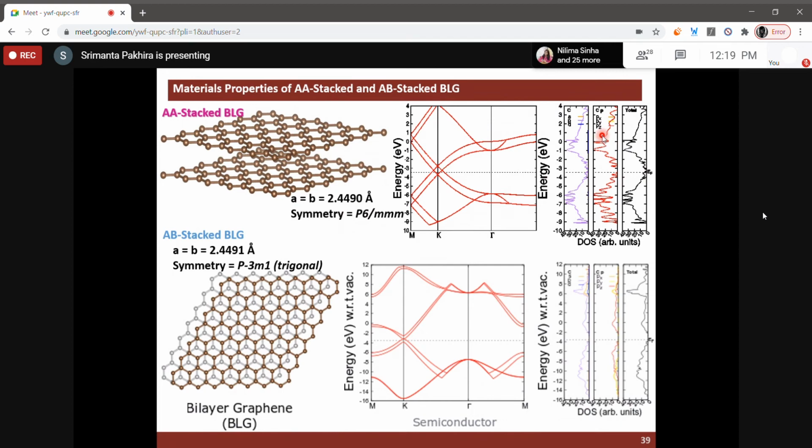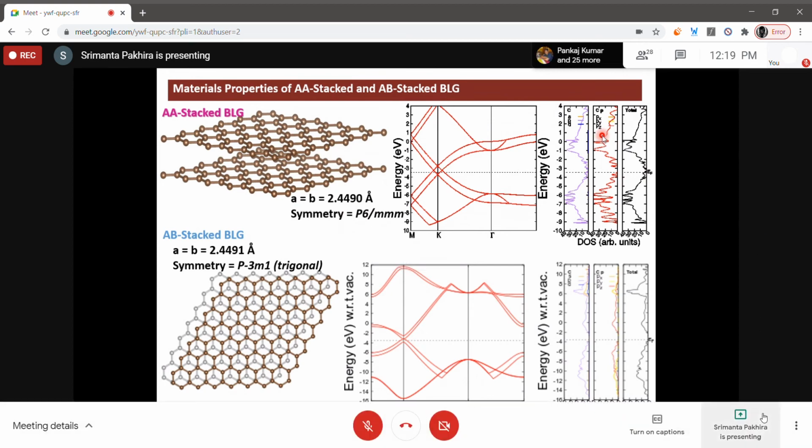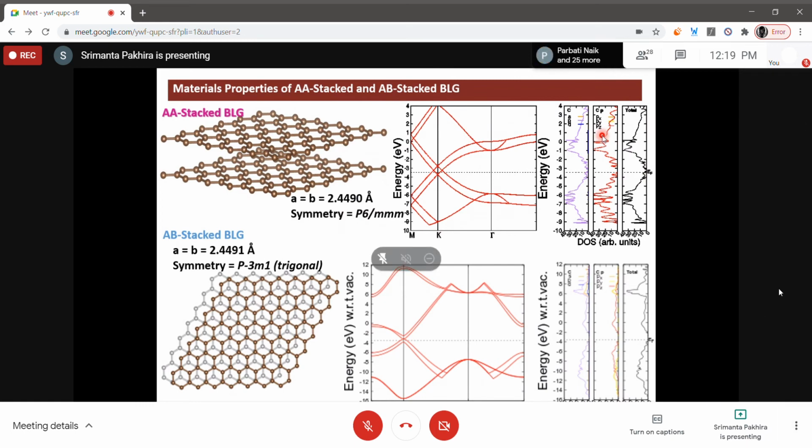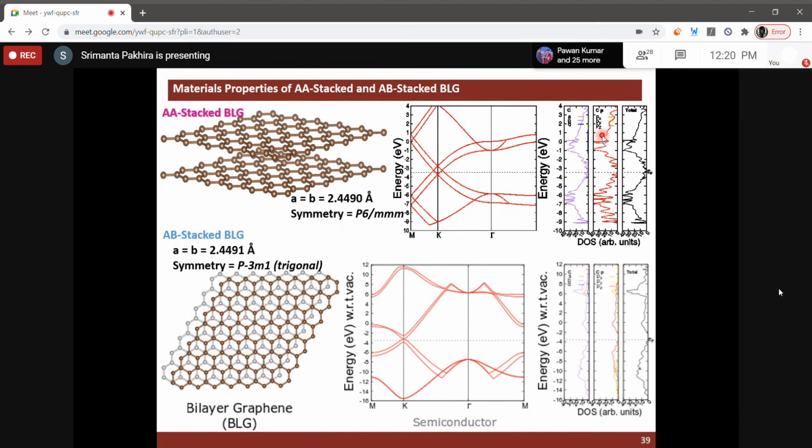So you may imagine that when we define such a big structure, we need to define only two atoms in one unit cell. So it is easy for us to optimize this 2D layer structure. It is a very big structure, but theoretically we need only two atoms and the symmetry. That is the beauty of our program using the symmetry. In VASP, we cannot use this kind of symmetry. In VASP, we have to consider each and every atom in the unit cell.